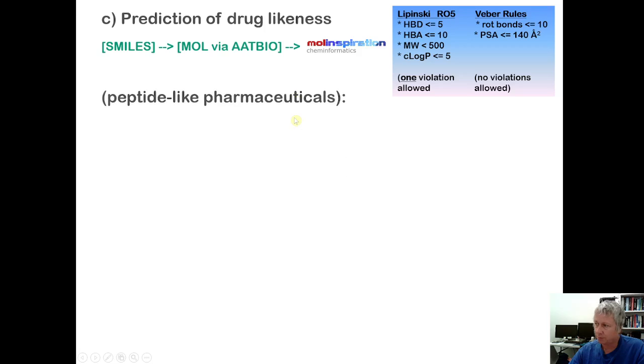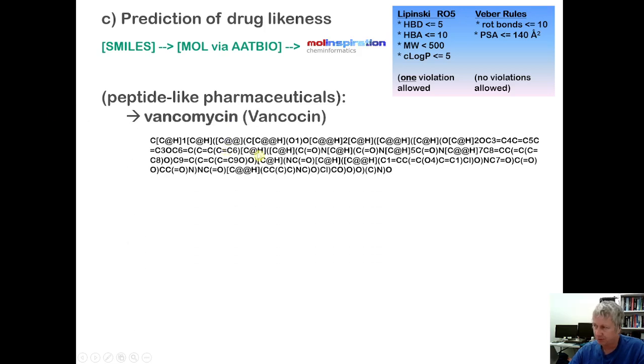I am going to try a peptide-like pharmaceutical. So hopefully you have a prediction on how good the availability is going to be. So the first one we're going to do is vancomycin, which we saw the structure earlier. It's a crazy polycyclic molecule with a lot of chirality and just a pretty crazy structure. I can get the string with my PDF file, but I just have to make sure that I delete all the carriage returns, and I'll just practice that. So I'm going to copy this onto my clipboard,